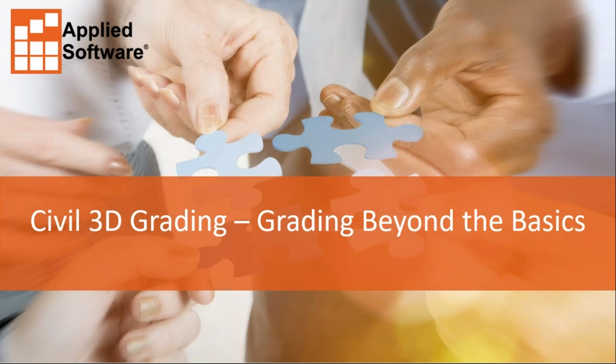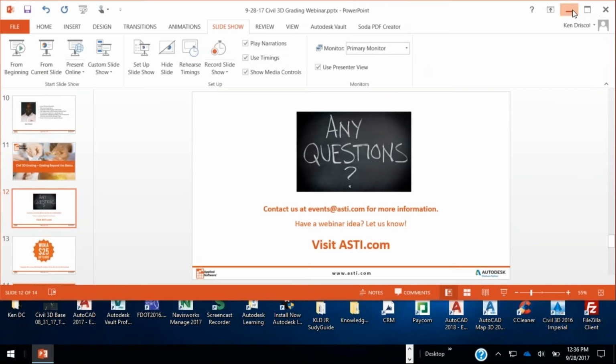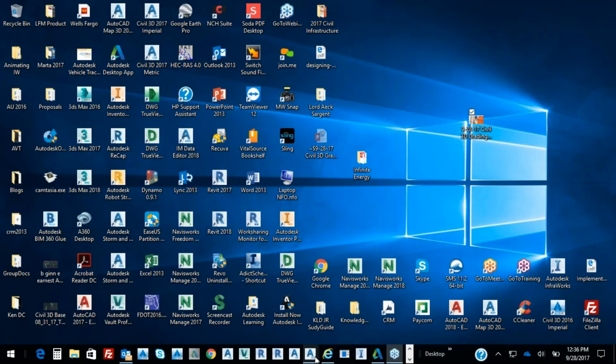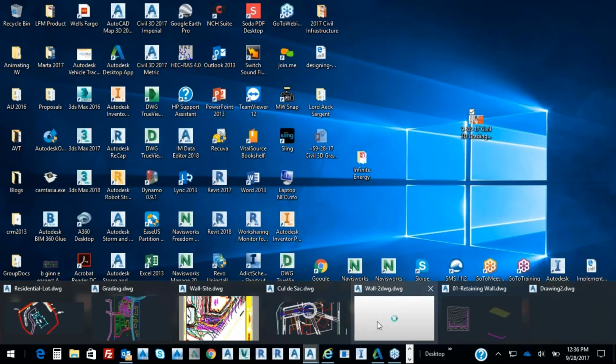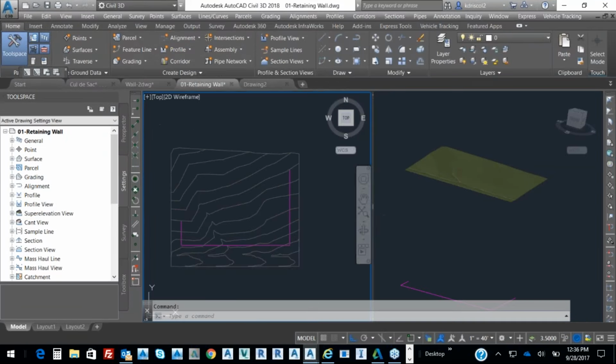What I'm going to try to do, based upon the amount of time that we have, is go through different scenarios in reference to working with Civil 3D. So the first thing that I'm going to make reference to in terms of what we're going to see today is just some of the basics of what you will see with Civil 3D. So I'm just going to bring this up,